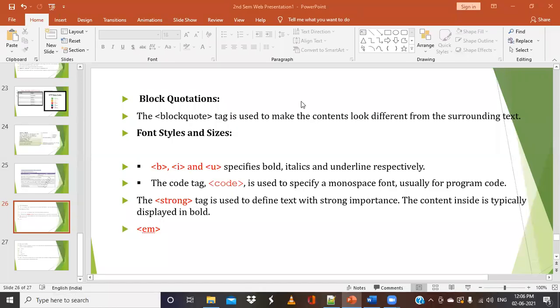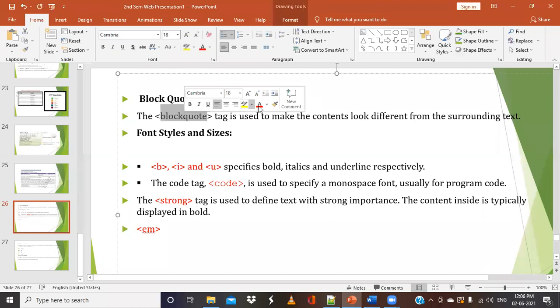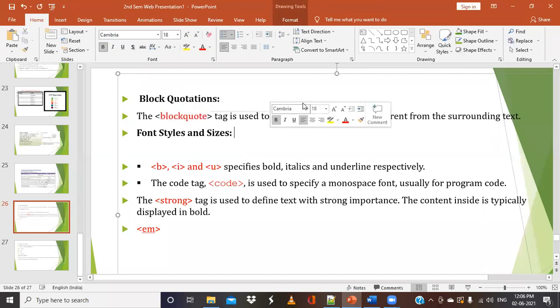Well, in the previous classes, we have discussed the basics of HTML and the differences between HTML and XHTML. We also studied some of the basic tags, like the paragraph tag and other tags. So let's go ahead with the next different tags that are available in HTML. Basically, we have discussed the heading tags and so on.